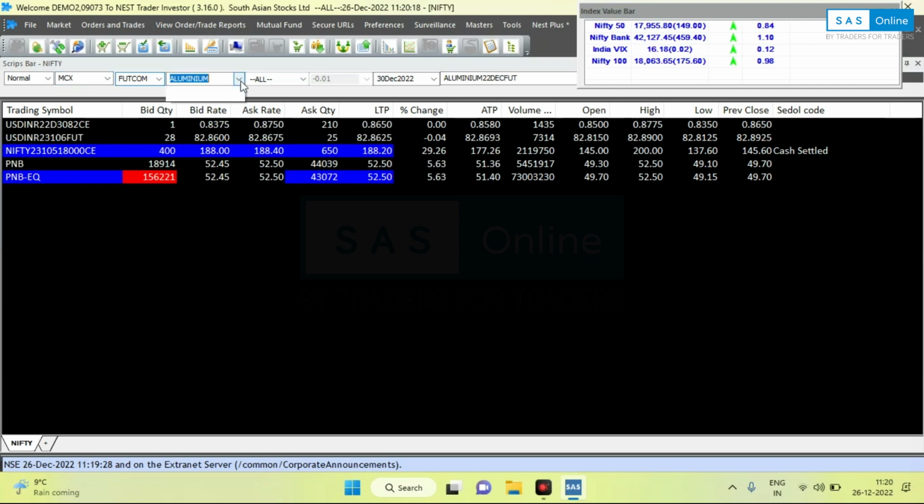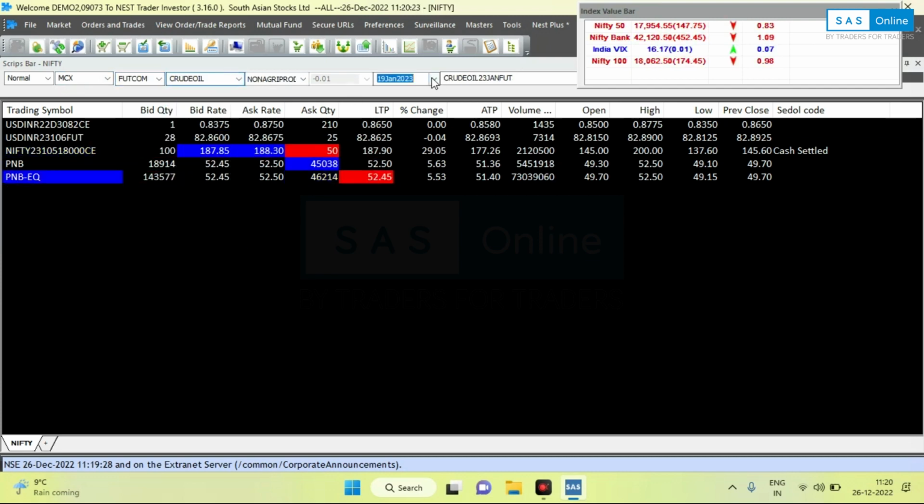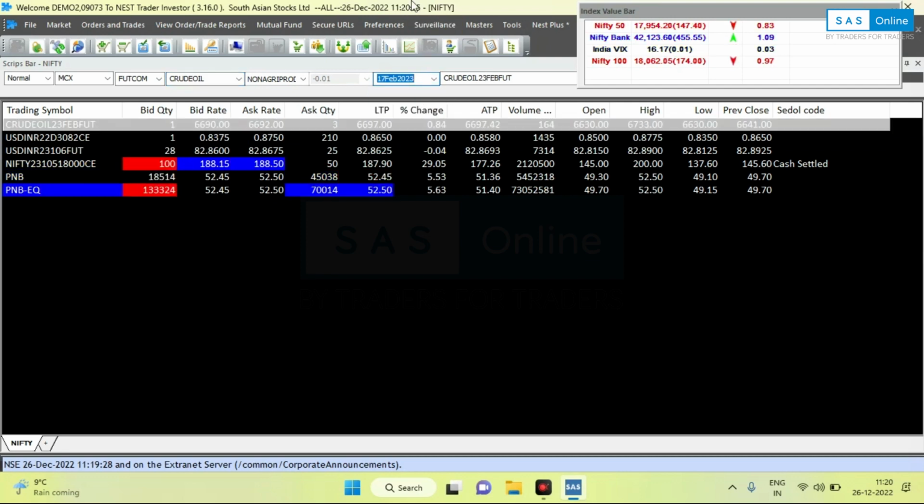For the future commodity, you have to select future commodity, crude oil for the next expiry, and just click on enter. It is being added to our market watch. Same if you want to add the option